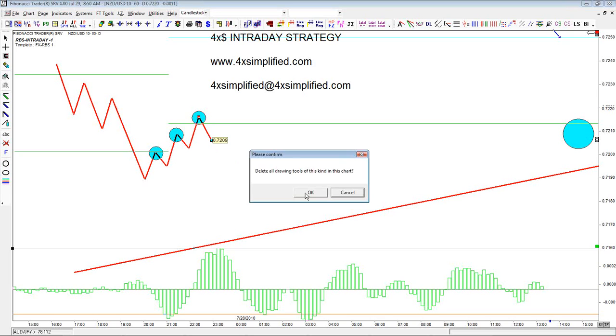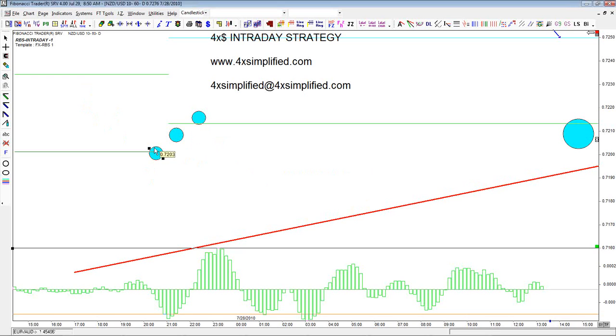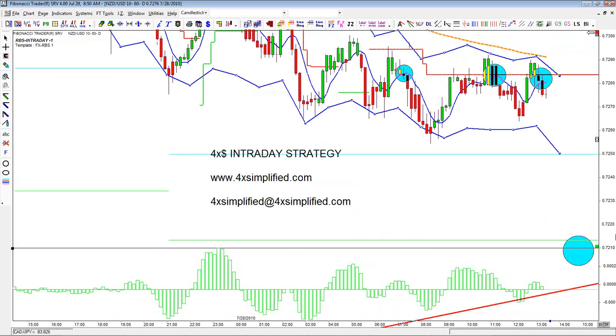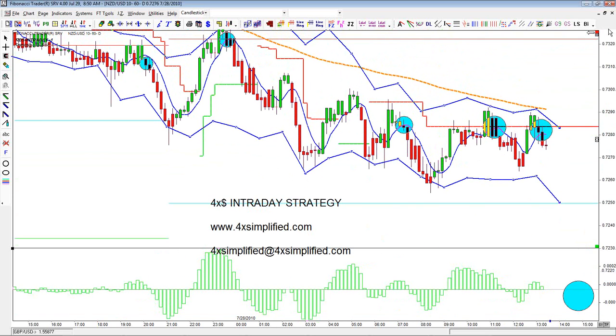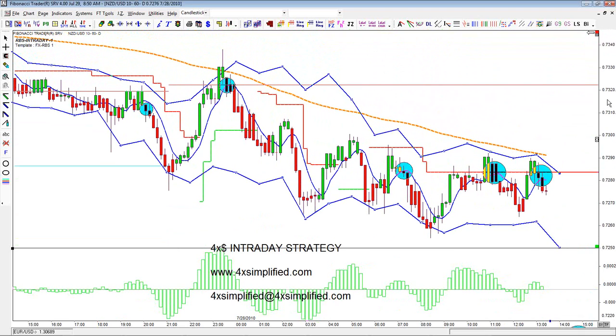Our swing completion indicator comes into place when we have this problem. And what it does, it tells us, okay, the swing was completed